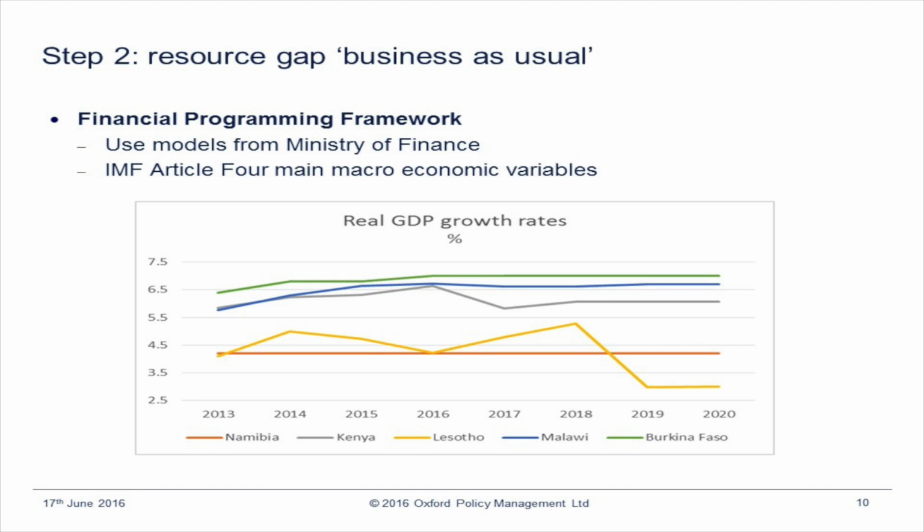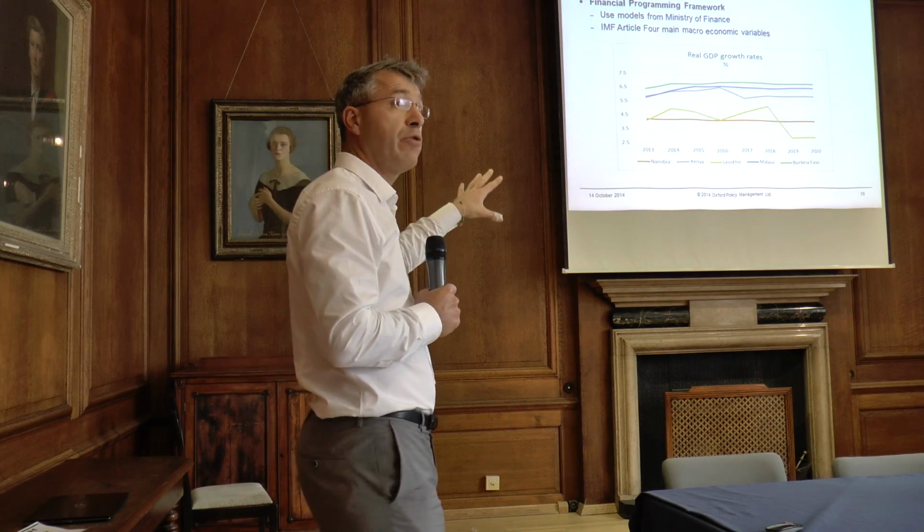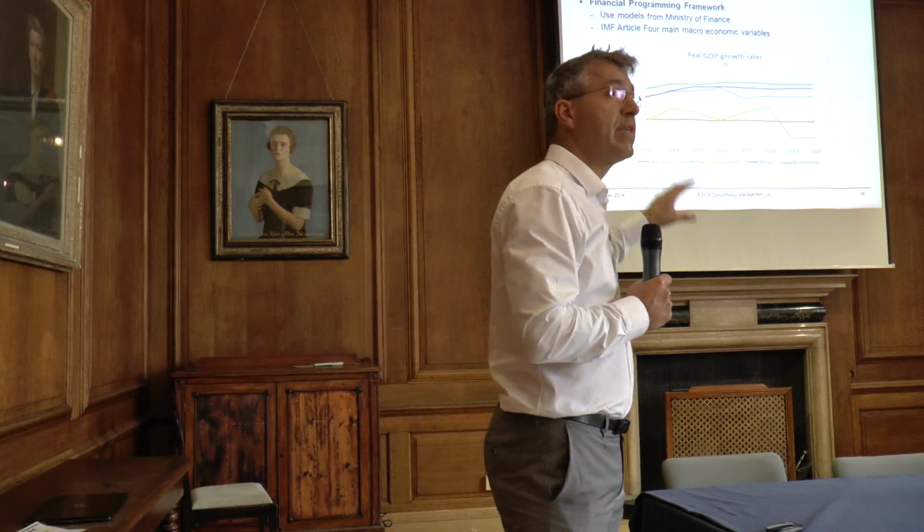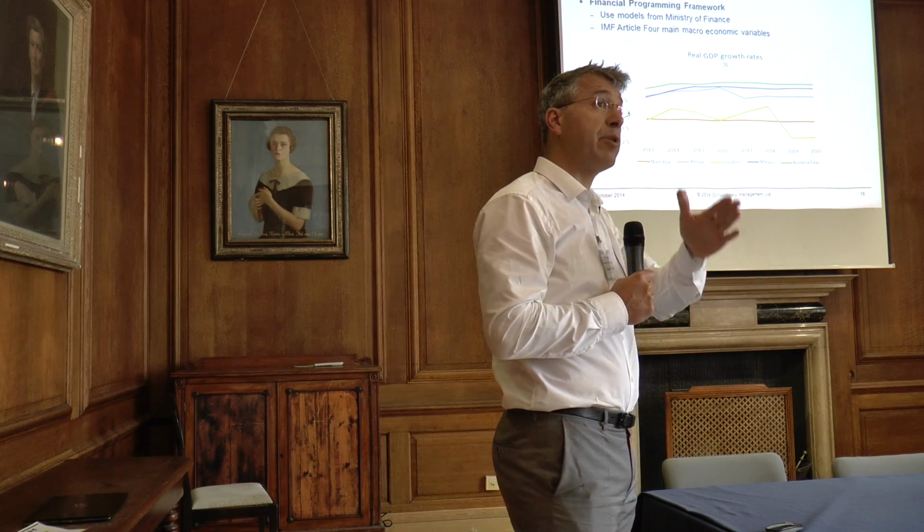And the first thing we need to do here is to build a model that allows us to project forward the economy of a country in order to estimate the size of fiscal space for health into the future. And the way we do it very often is we take a financial programming framework, which is a rather simple yet sophisticated enough model, we believe, and that we populate, and that is important, with data that are agreed by the countries. And we very often take IMF Article 4 data that are agreed between the IMF and the